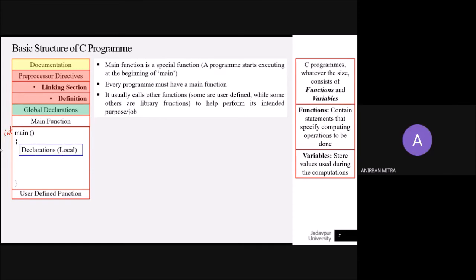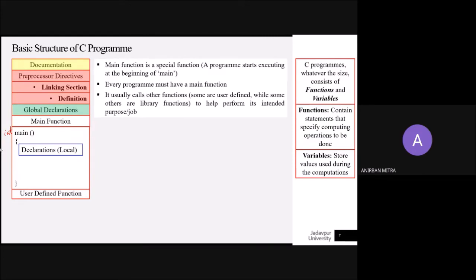Within the main function, you have different parts. One is called declarations. Now, we have already come across declarations previously. Those were global declarations. These are local declarations. So any variables defined here are only available within the main function.